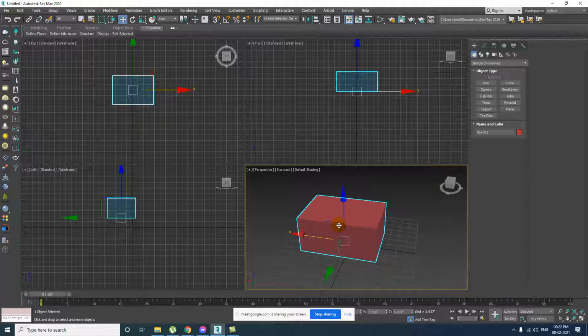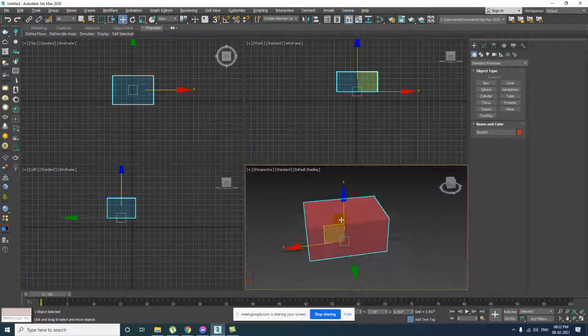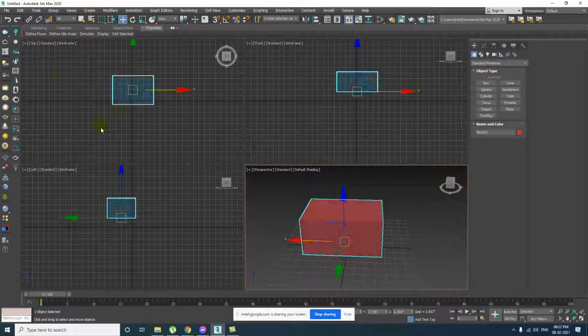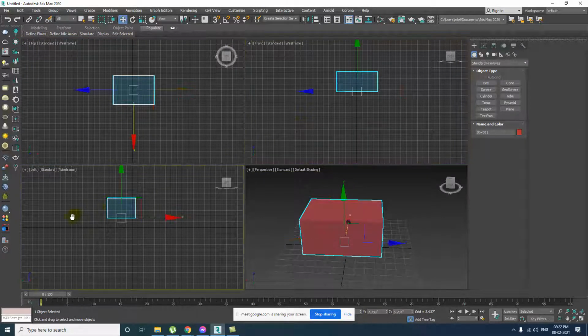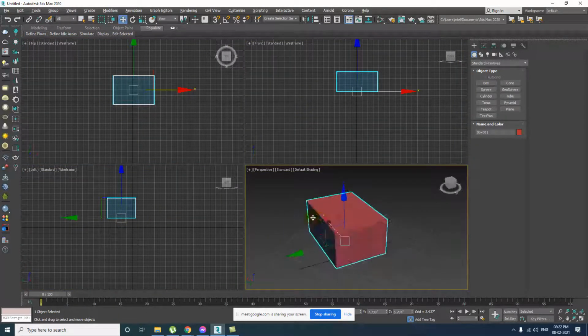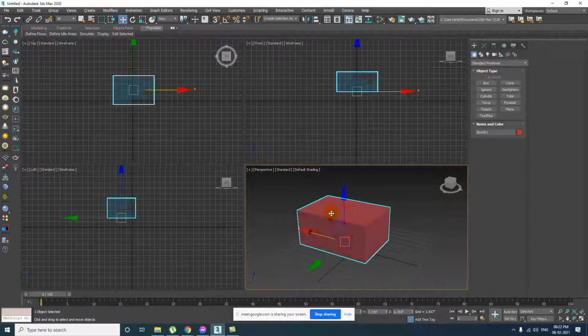Okay. So one thing you have noticed, let me explain. Let me change the shape of the object a bit, because on the top view it looks like the same box. On the front also it looks like the same box. On the left also it looks the same. Only in perspective can I see the different angles. Okay, let me change the shape of this box a little bit, so we can understand how it looks on top and how it looks on front.